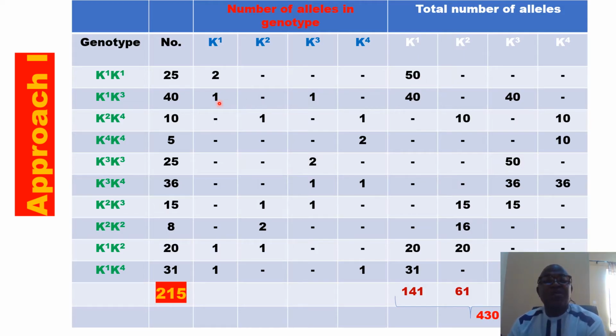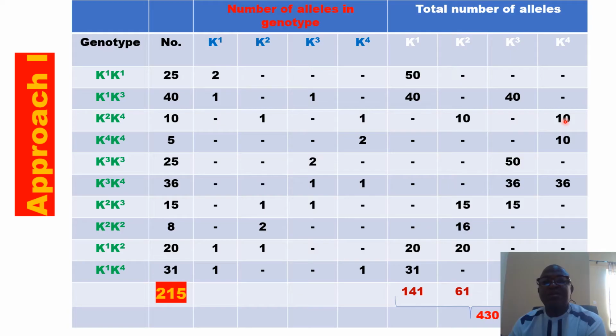locus. Here we have K1, K3, only one individual, but you notice that there's K1, K3, which means 40 of these people were having K1 and 40 were having K3. And that's the number of alleles, 1 for K1 and 1 for K3. And the implication is that when you multiply this by this, you get 40 for K1, and when you multiply this by this for K3, you also get 40. So it's split. A similar thing happened here, because there's K2 and K3,